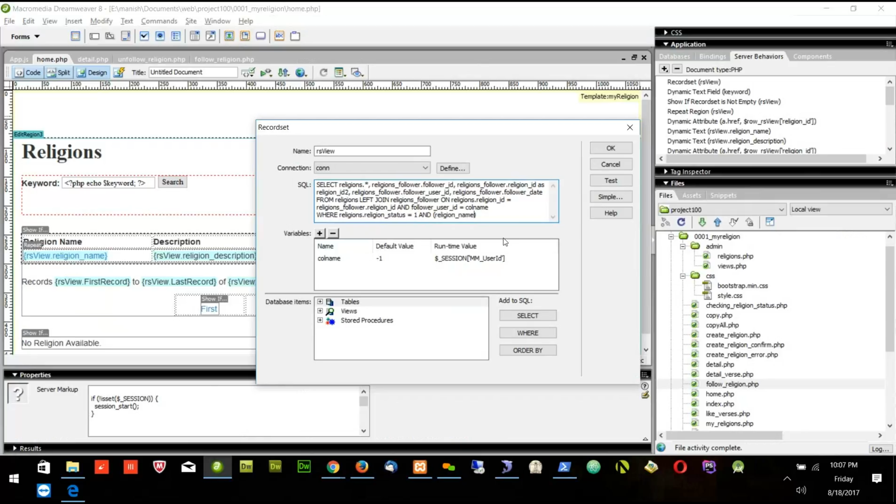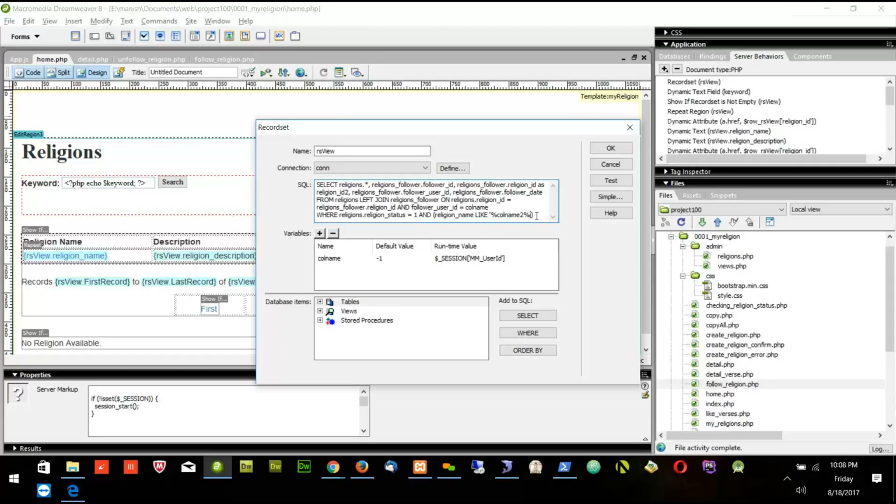Here I will say religion name LIKE. In the LIKE, I will put percentage sign. Then I will put whole name 2. Since I have already used whole name, I will use whole name 2, and I will say percentage sign, single quote. So religion name should be like whatever you are searching,